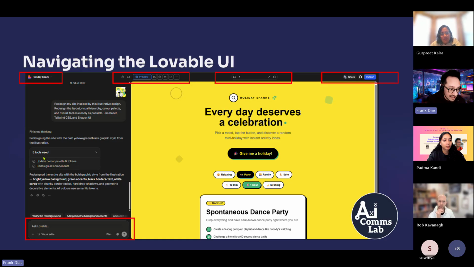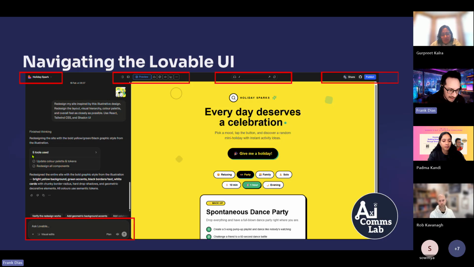Now, the key one really is the actual chat box at the very bottom, which is how you communicate and engage with Lovable. You've got a nice plus button there, which allows you quick access to settings and also that knowledge space very quickly. It also allows you to attach files and things. If you're doing screenshots, you just have to keep that in memory. You don't actually have to save those screenshots. Get your screenshot, have it in memory, go into this chat box, and very much like most AI model tools, you can just copy and paste it directly in there from memory. But I like to try and save my screenshots, so at least I've got the originals of where I'm screenshotting.